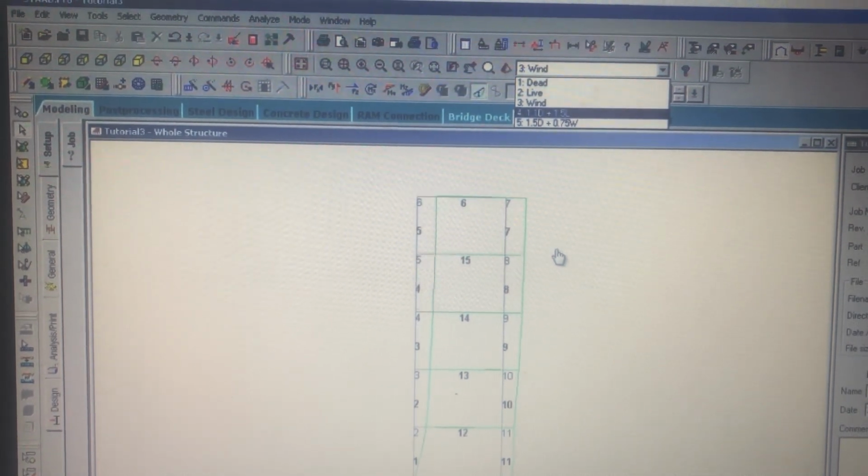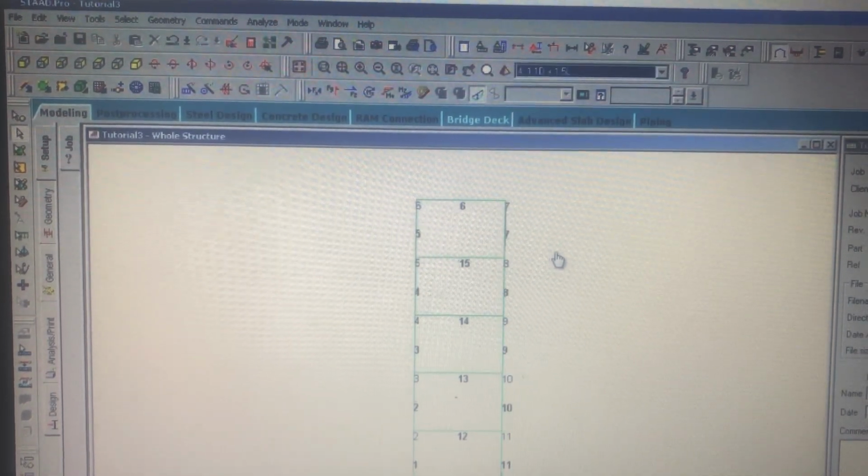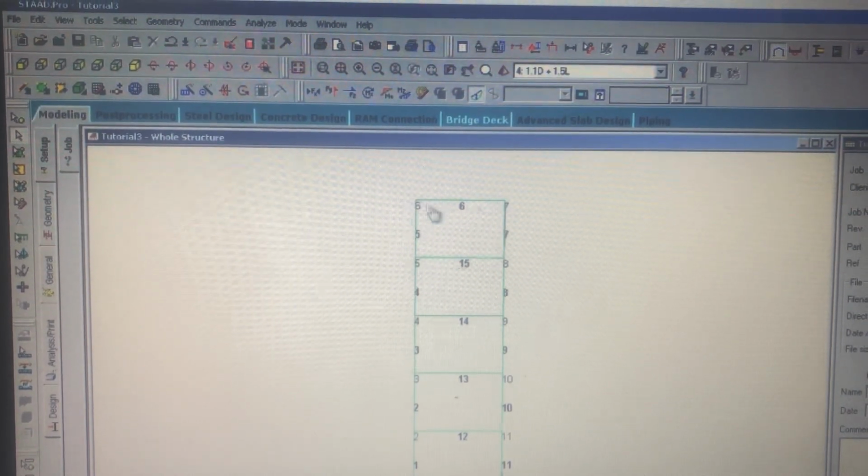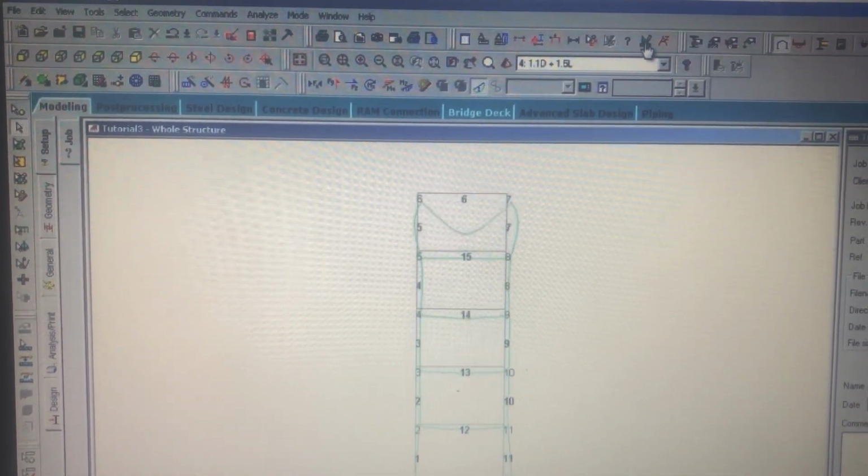Then the load combinations we had input. This is the load combination. Dead load 1.1